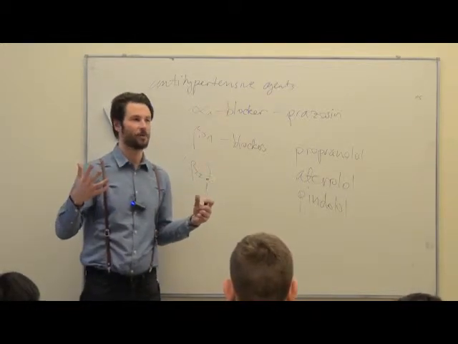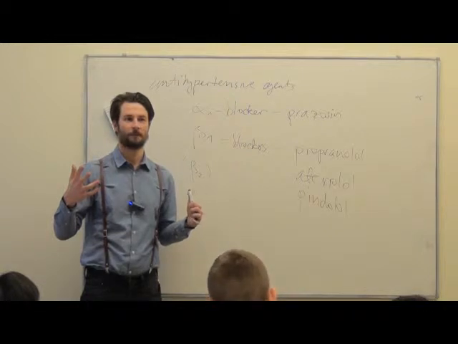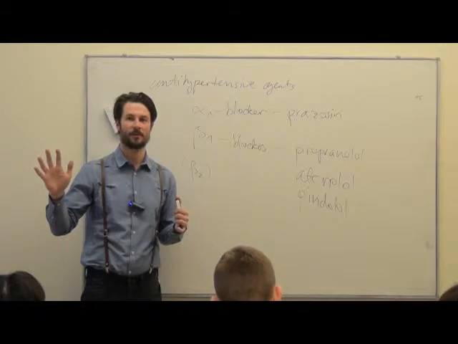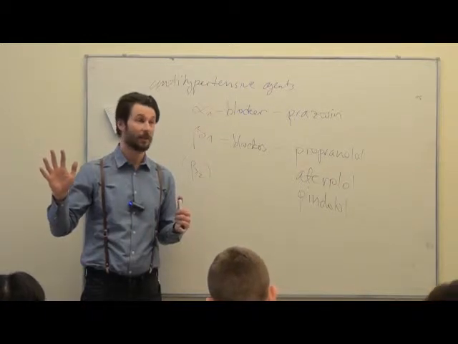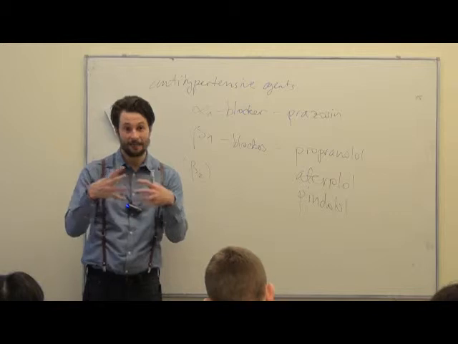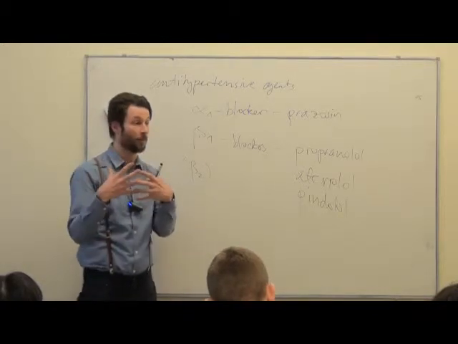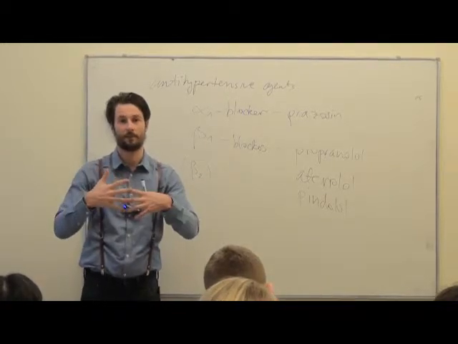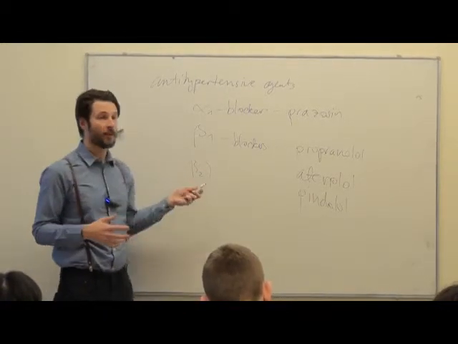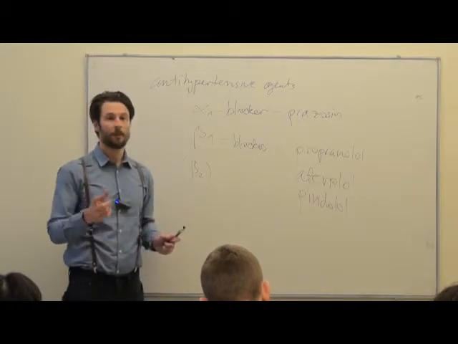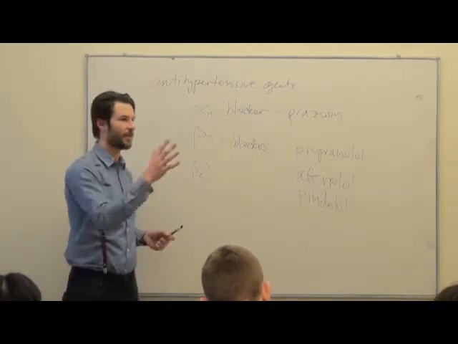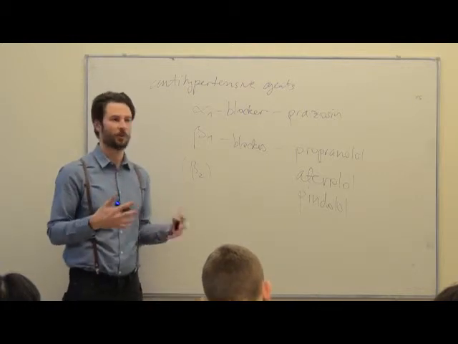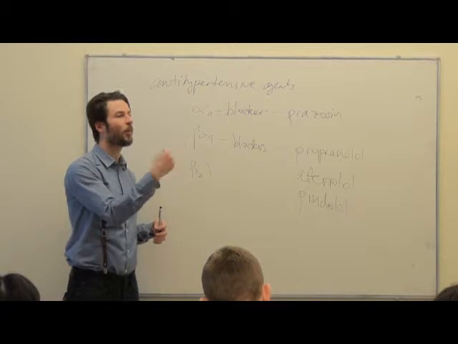Okay, I think I've lost you now. Does everyone understand what I'm saying about beta 2 agonists? They are used to treat asthma because their activation relaxes smooth muscle in the bronchi, and that's what we want because asthma means that the bronchi are constricted and they can't breathe. Now, what do they do with the blood pressure? Well, not very much, but those of you who may suffer from asthma, if you actually inhale the beta 2 agonist, your heart rate goes up and it's actually not all that pleasant. So they probably wouldn't work for